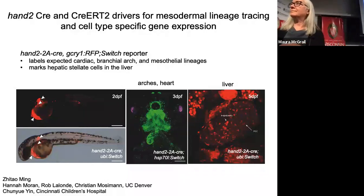So is there an independent marker that you use to co-label? We haven't done that with this. We could, in theory, use an antibody to co-label. And following up on that,